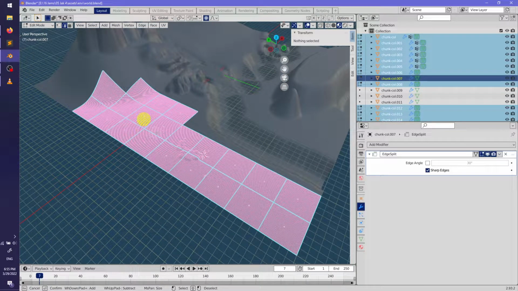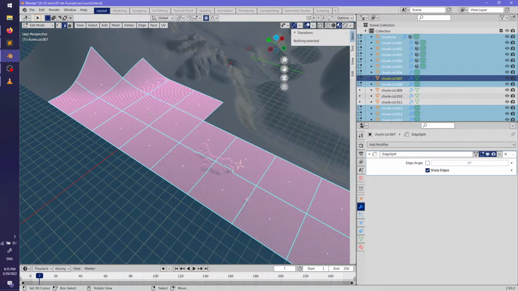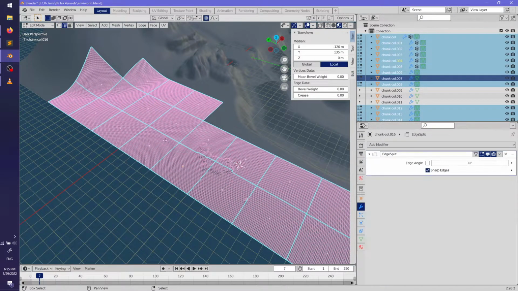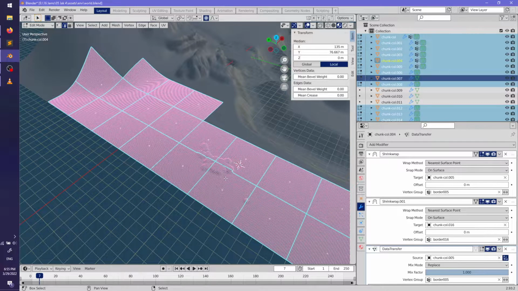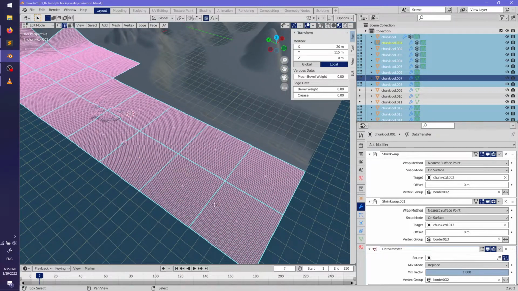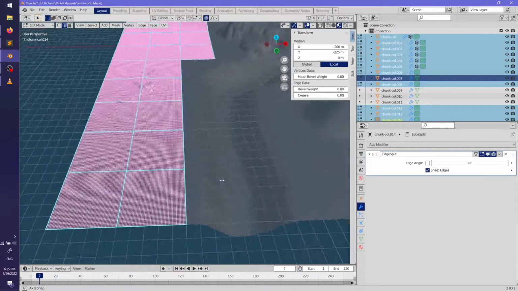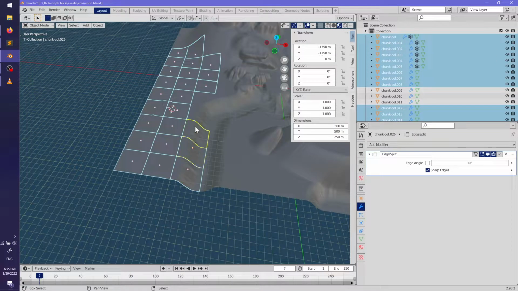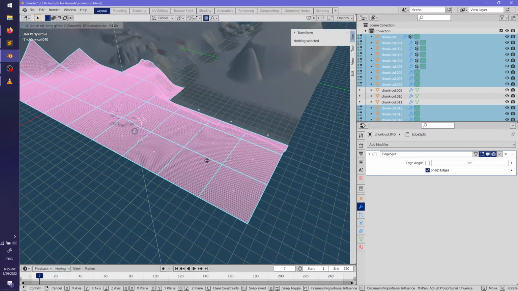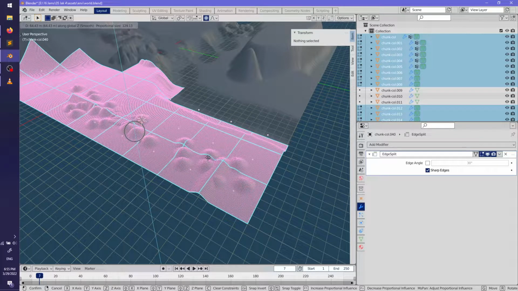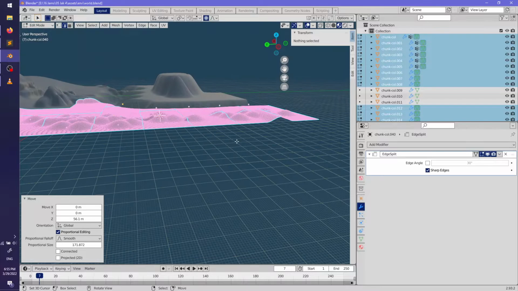And I'll just do... that's a little bit too big. Just a bunch of little hills. Primarily for testing.